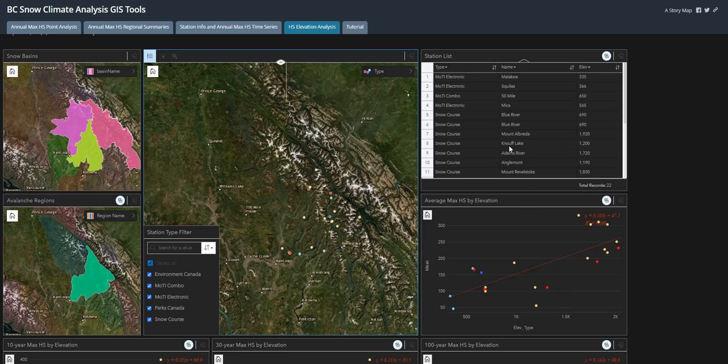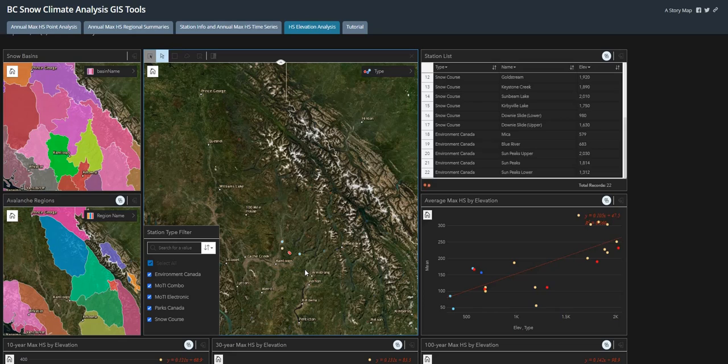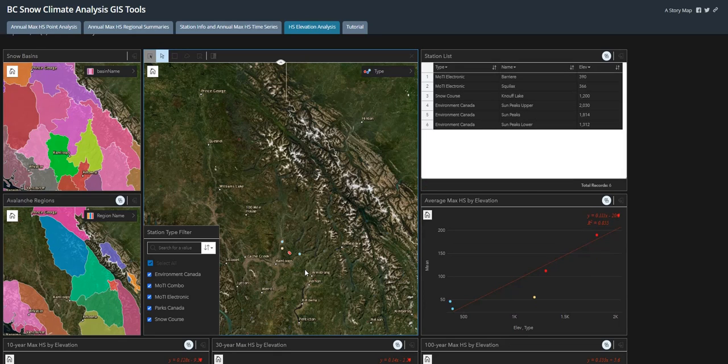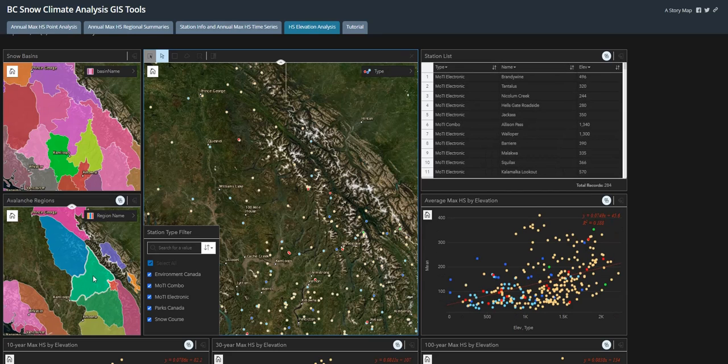So 1200 is Knuff Lake. I know that's near Kamloops. We have 1312 Environment Canada. That's Sun Peaks lower. And I keep digging into this data, and again, I can click all these stations around Kamloops, and we get a decent fit. And as I keep digging, I go back to the North Columbia,